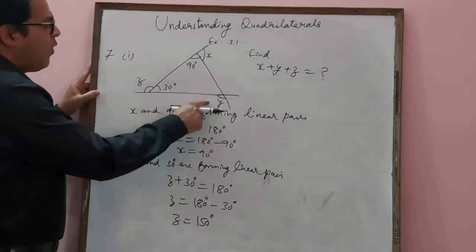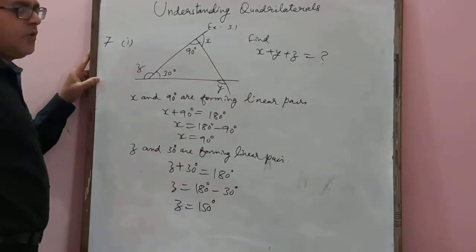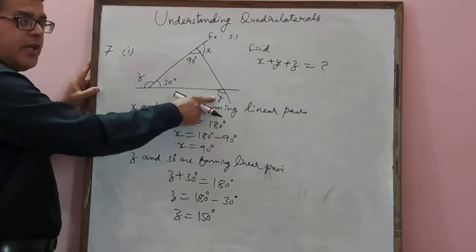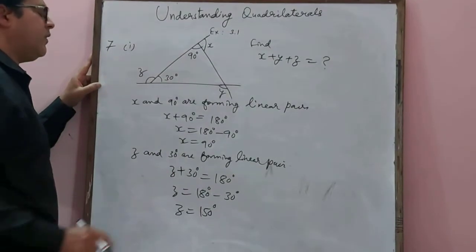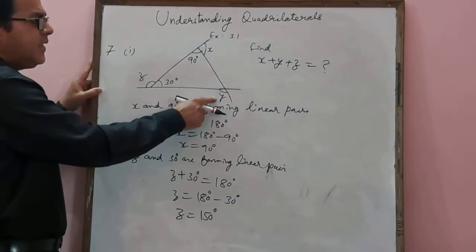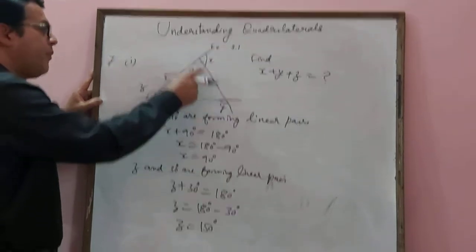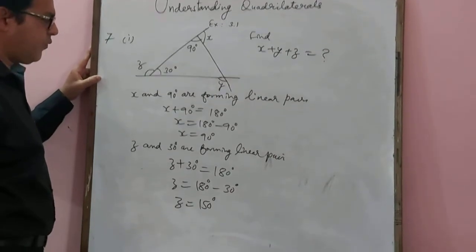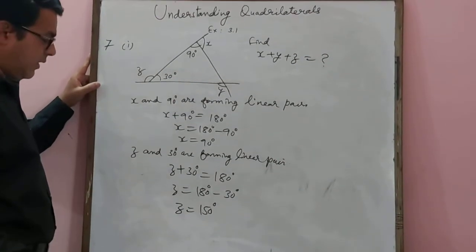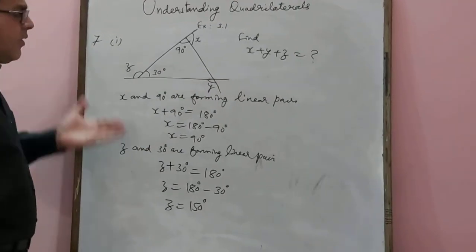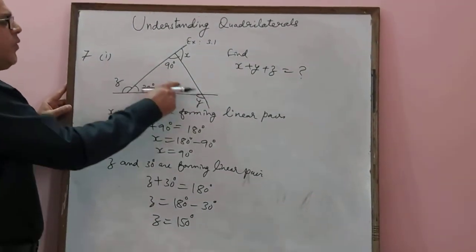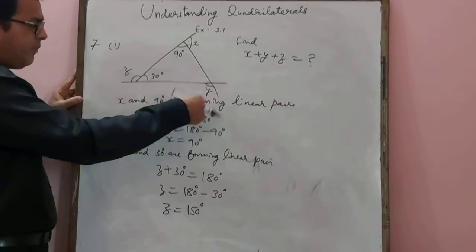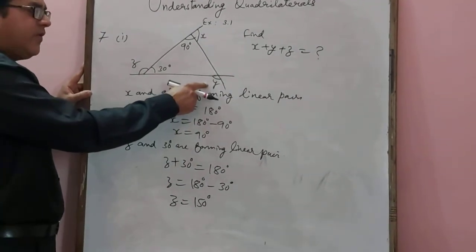Now to find y, we can use one theorem here. This is the exterior angle of a triangle, and the theorem for the exterior angle of a triangle says that this exterior angle will be the sum of the two opposite interior angles. You have already learned this theorem in your previous class, that is in class 7th. And the second method is, we can also calculate this interior angle by the angle sum property, and by using the linear pair formula we can find the value of y also.